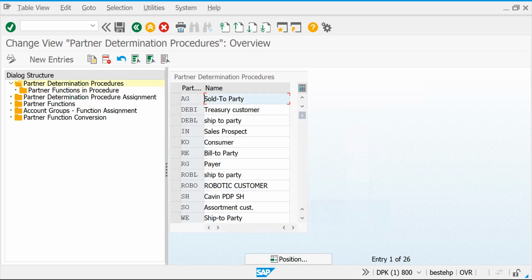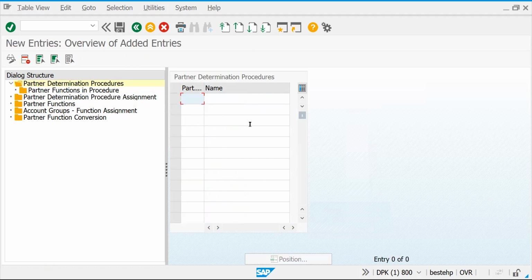Let's try to create our own procedure. Our procedure will be called in the customer master data. Let's create ZS01. I'm just creating one sample.